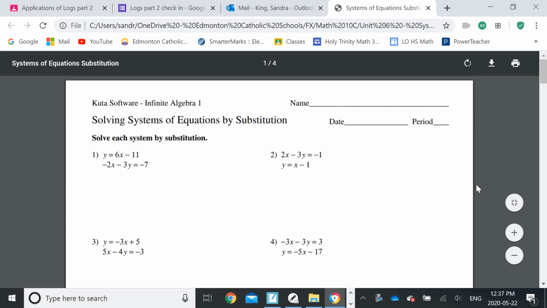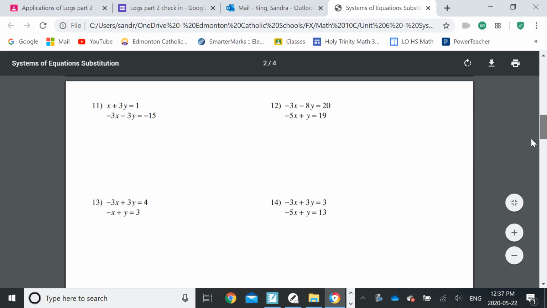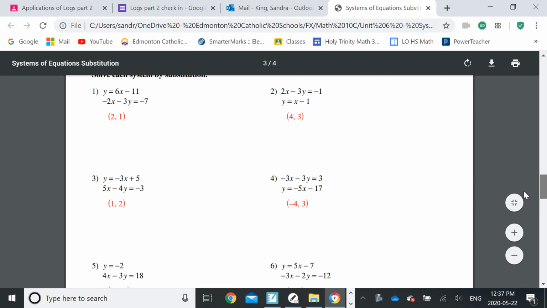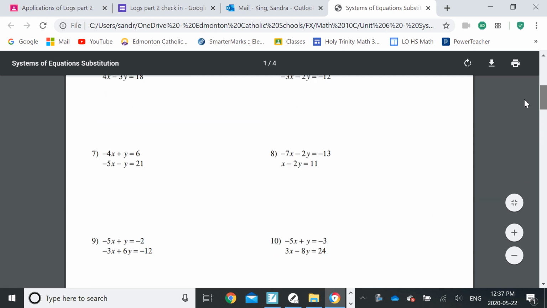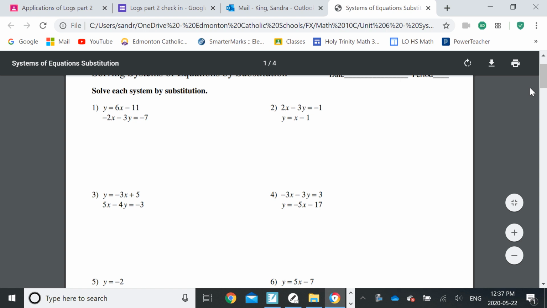So what I've done is I've uploaded this worksheet for you, and if we were in class, this is the worksheet that I would have given. And the one thing I like about this worksheet is at the very end, all your solutions are there. I'm going to solve with you right now 4 of these questions. And if you can do this worksheet, I guarantee you will be able to do the systems solving by substitution